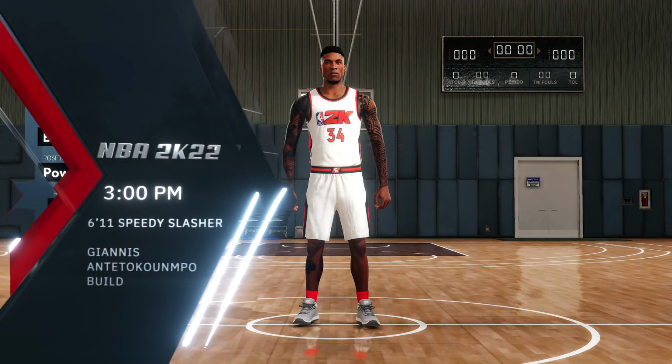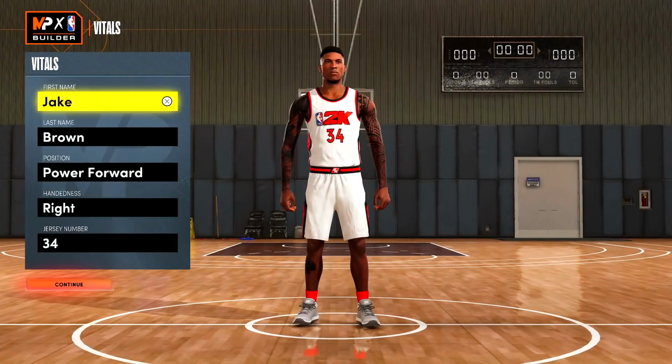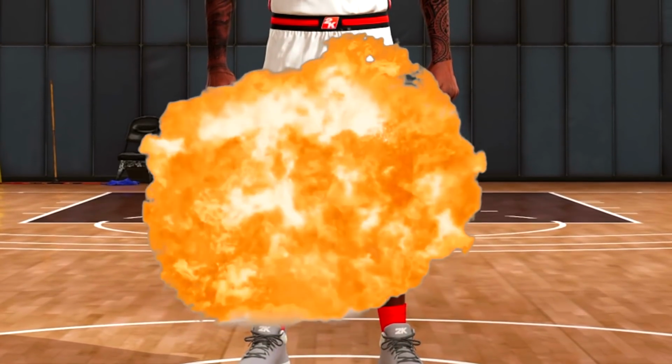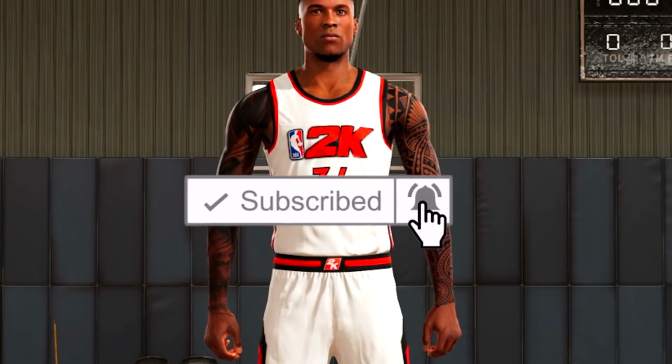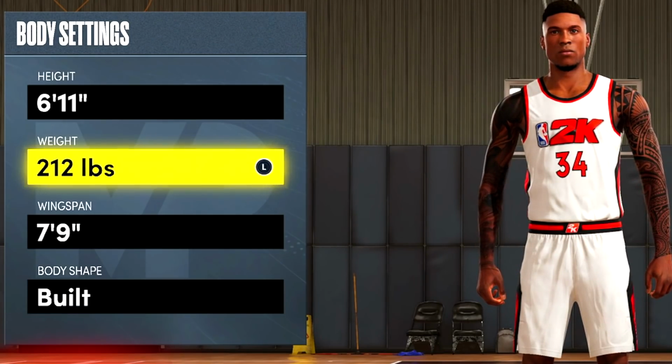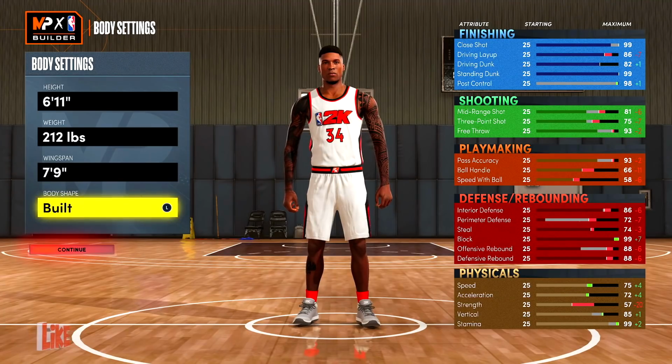This might be one of the best defensive 2Ks ever. In some cases, it's overwhelming and overpowered. But if you're trying to get in on the action, I'm going to show you guys a 6'11 speedy Giannis Antetokounmpo build with slasher takeovers. We've got him at 6'11", 212 pounds with a 7'9" maxed out wingspan, with a built body shape to keep